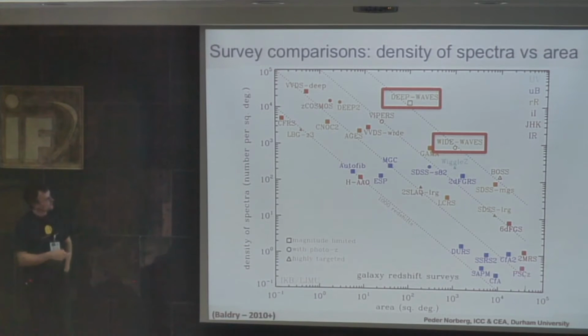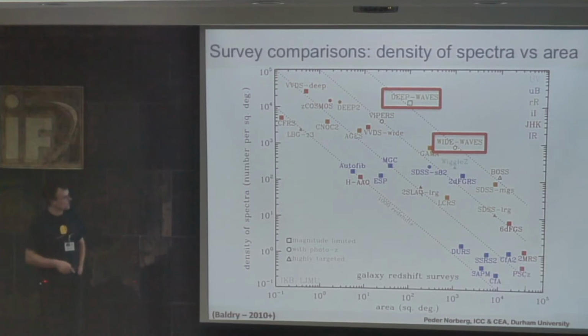And the difference here we need to remember is some surveys have been selected in different wavelengths, but some surveys are magnitude limited, meaning flux limited. Some surveys have only photometric redshift information. Some are highly targeted. So you can put your survey on the diagram and tell the method of how good it is in one way or another. And this was done for the WAVES surveys. So that's why you can see the boxes being put around and how they open up the new area here.